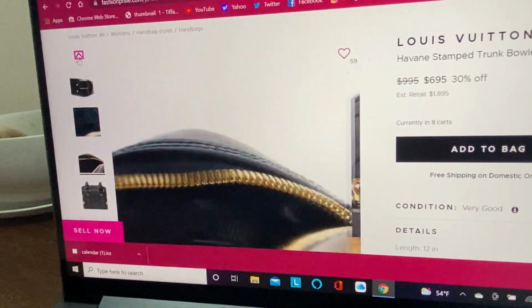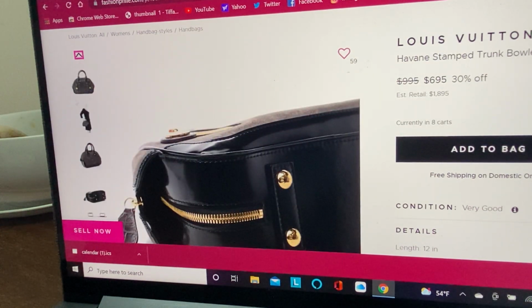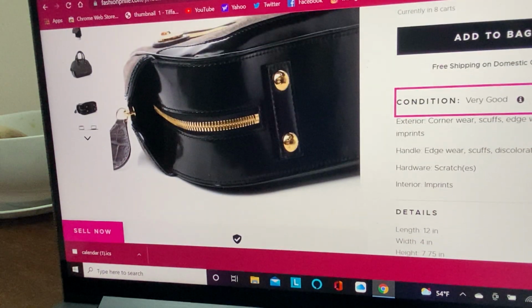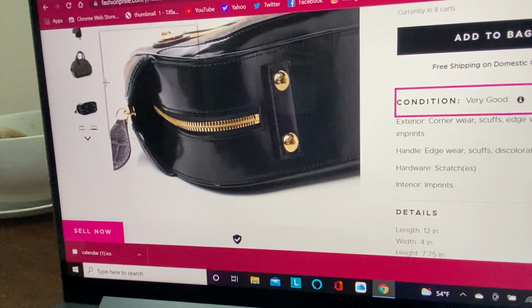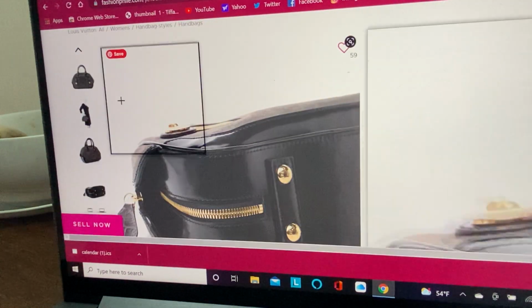especially if you like a little bit vintage looking object. It's in immaculate shape. Let's see what the issues are with it. It has imprints. That's okay. Scratches on the hardware. Okay. Scuffs, discoloration on the handles. Yeah, I can barely see anything. It's a really dark color. So yeah, this is something that I might consider,